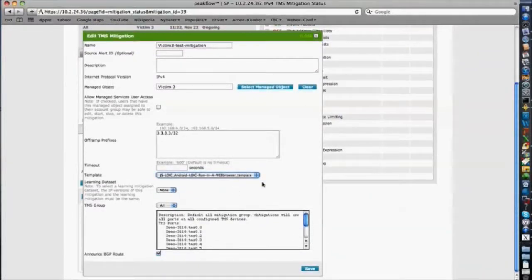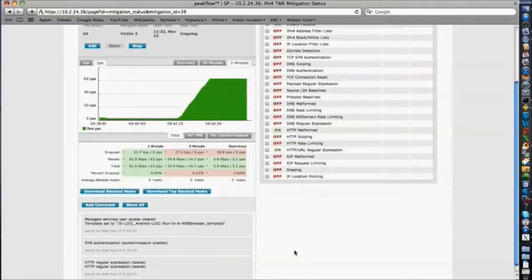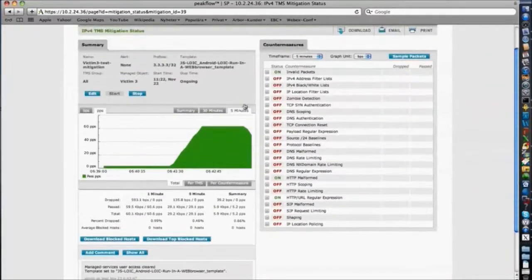So I'm not going to disclose exactly what kind of regular expression it is because of the target audience, but generally you will see that government CERTs and ISP CERTs have this type of information. So you can see now that I have ticked this one, and the template actually enabled this one. If you click on the plus sign there, you will see exactly the regular expression that we're going to be using. And right now you can see that the countermeasure is starting to work,